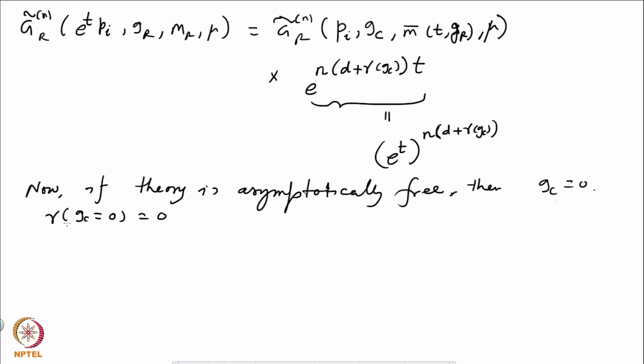All these corrections coming from the Feynman diagrams will be 0. So Z will be equal to 1 plus 0. So that is why you have 0 here. So if you put this gamma equal to 0 here, then this exponential factor becomes what? E to the t power n d. There is no gamma star, right? So for an asymptotically free theory,